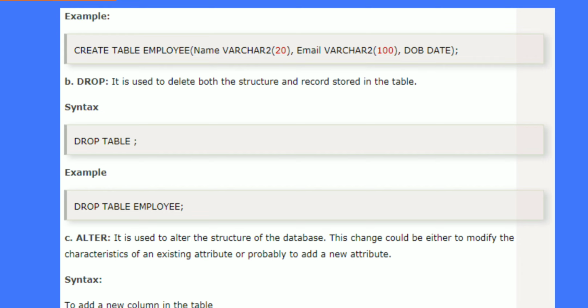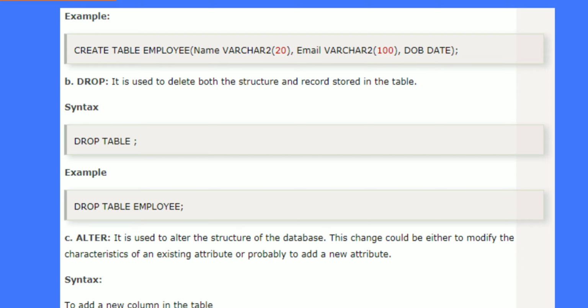Suppose you want to delete a table, then we use drop table. It is used to delete both the structure and the records stored in the table. Drop means we are leaving that one. So drop table means the table will be deleted permanently.